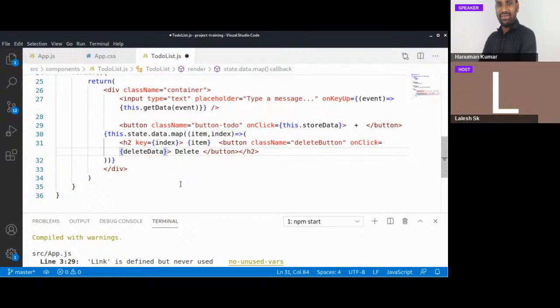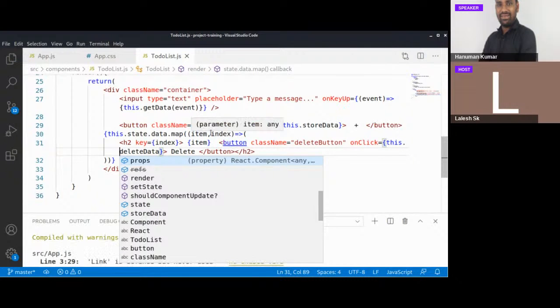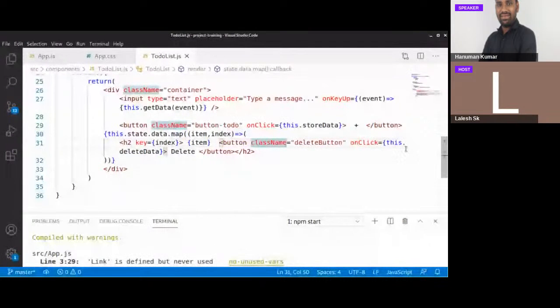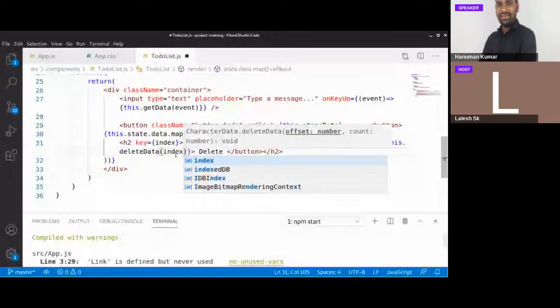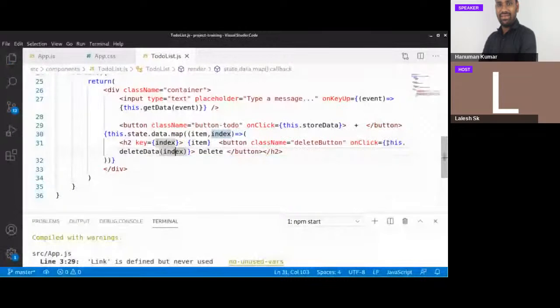So we have to use the this keyword, this.deleteData. So deleteData is a function. We just used this.deleteData, which means when we click on this button, we have to delete that item. And we have to pass a value for this. For example, I'm going to use index. So we know we have an index here. For better understanding, I'm going to use